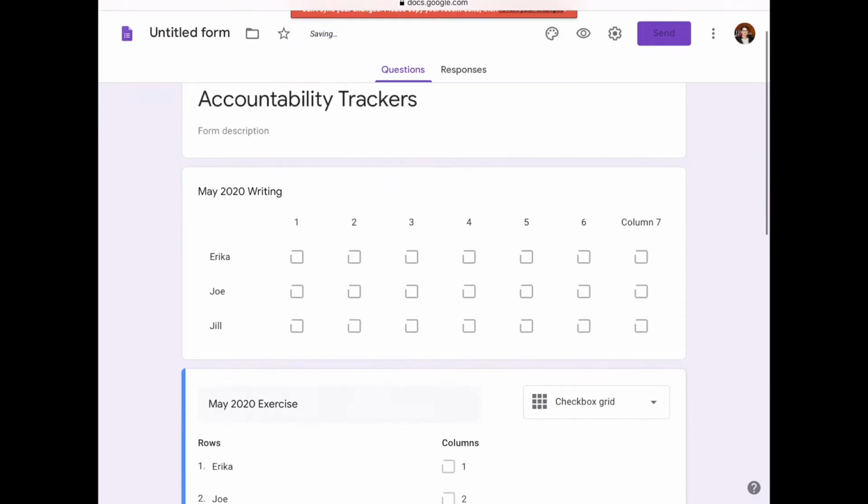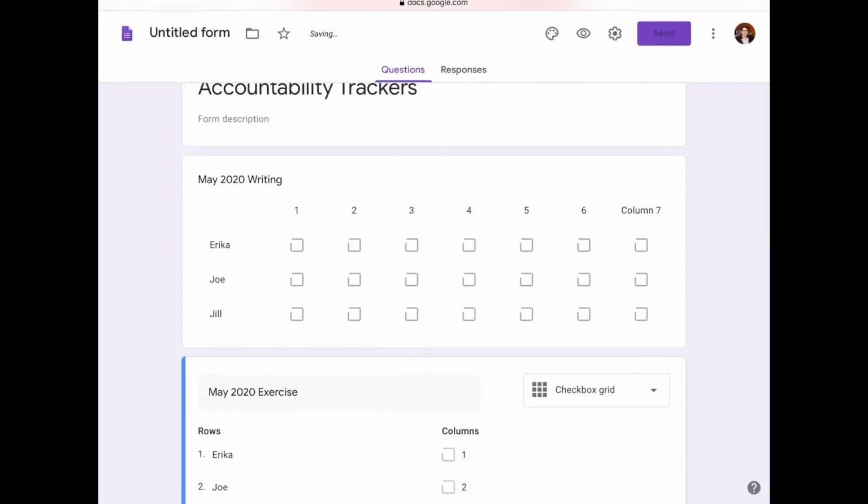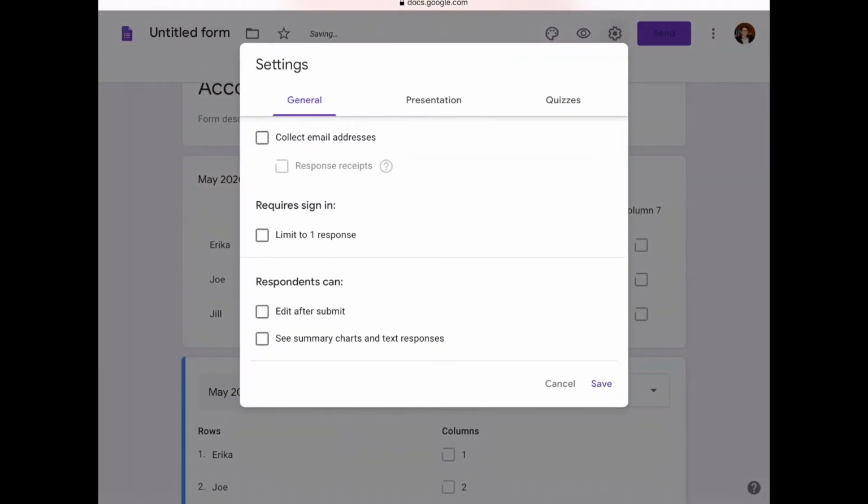If you go to the gear tab, you can click edit after submitting so that respondents can go ahead and edit their responses. Or of course, you want to make sure you don't limit the responses so that you can just open the link every day and submit a new response. And so you can actually track the progress of you and your partners by filling out this matrix. So click save,